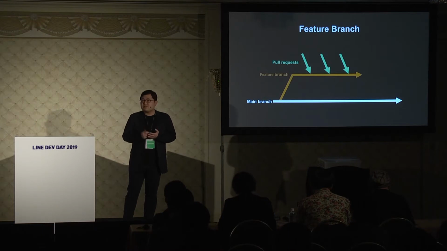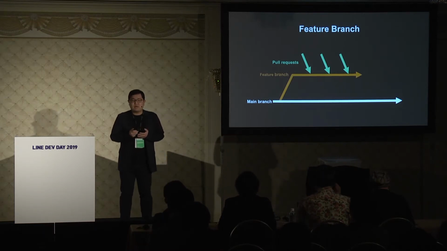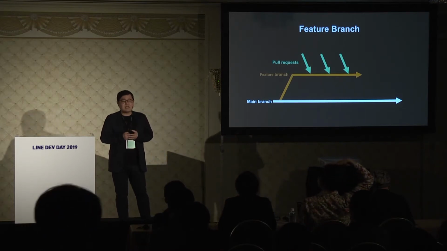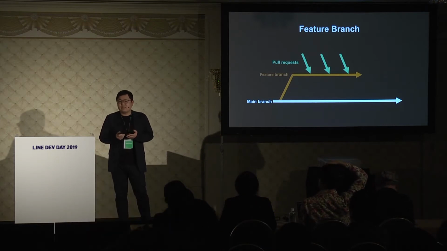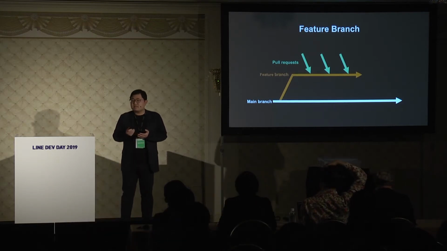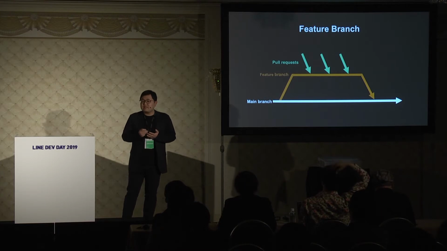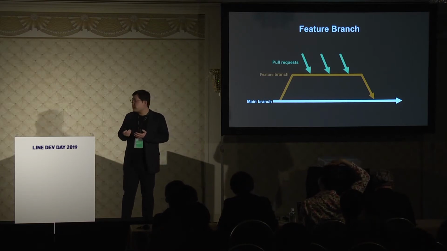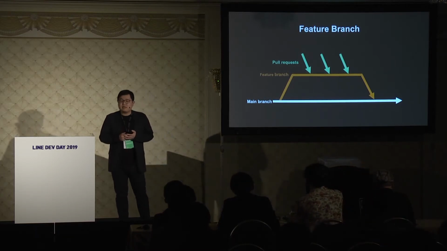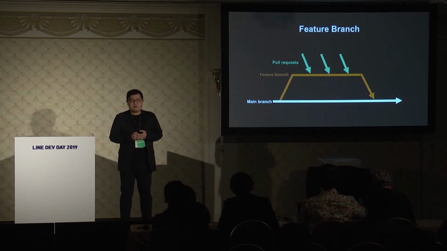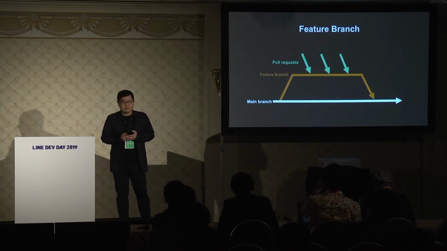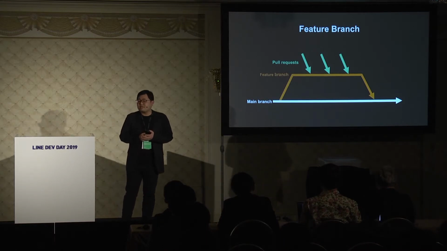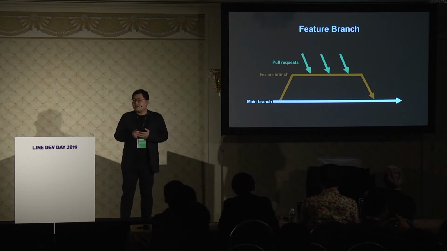To develop a feature, you need pull requests, and each pull request is merged into the feature branch. Once the feature is completed, the entire feature branch is merged into a main branch. So it looks like there is no problem using this method, but